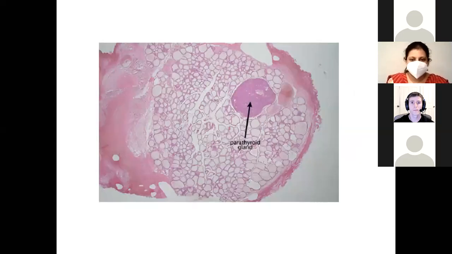Okay, the parathyroid gland, which is surrounded by the thyroid gland. You can see different follicles. These are all the thyroid follicles, and over there is an embedded parathyroid gland, which is dark purple in color. The rest of the surrounding, the light part, is the thyroid gland.